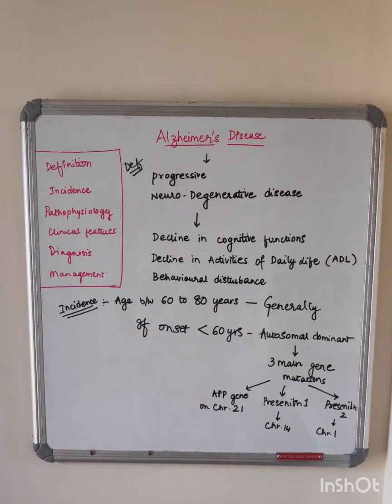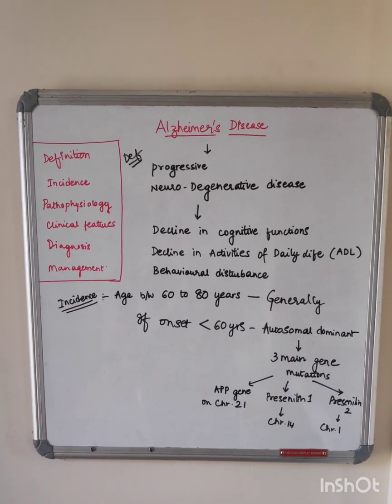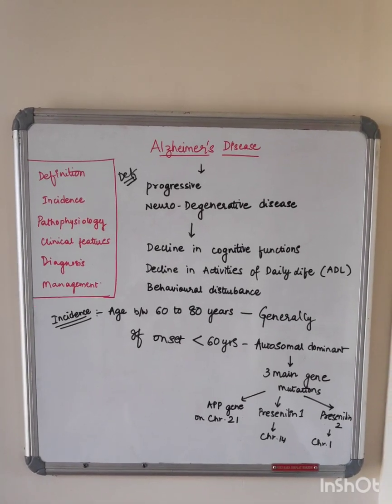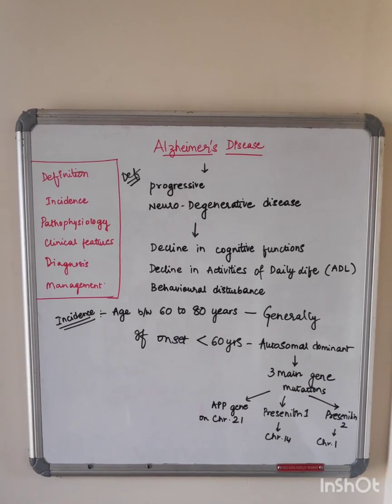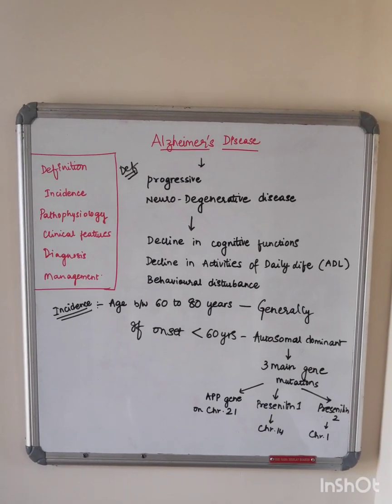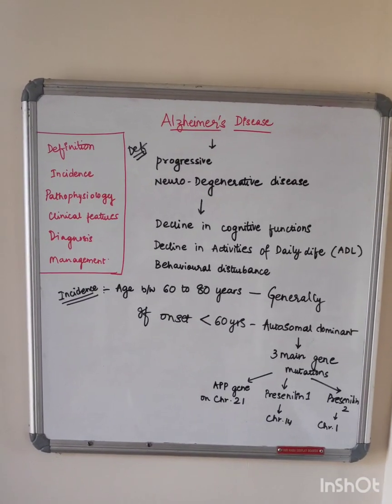The person who actually does his daily activities will not be able to do that, and also behavioral disturbance. This collectively is said to be Alzheimer's disease. Once again, it's a progressive neurodegenerative disorder which results in decline of the cognitive functions, activities of daily living,